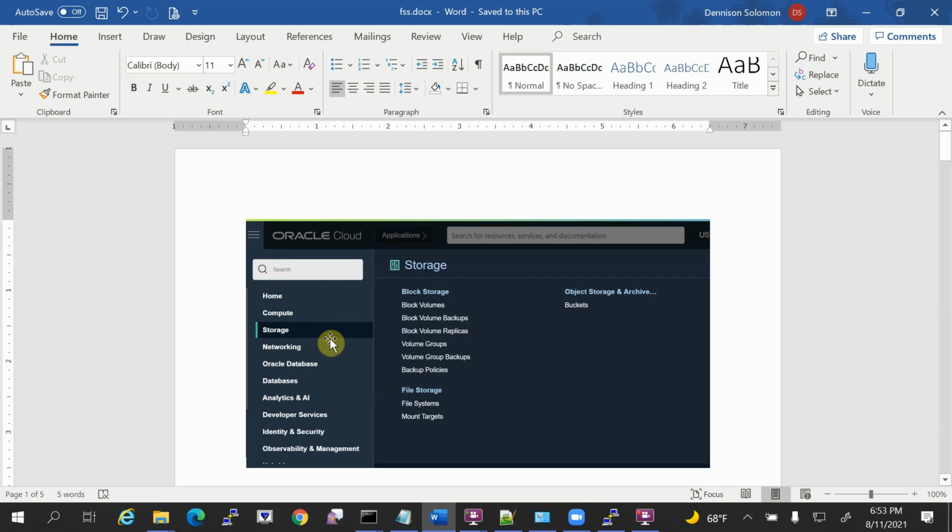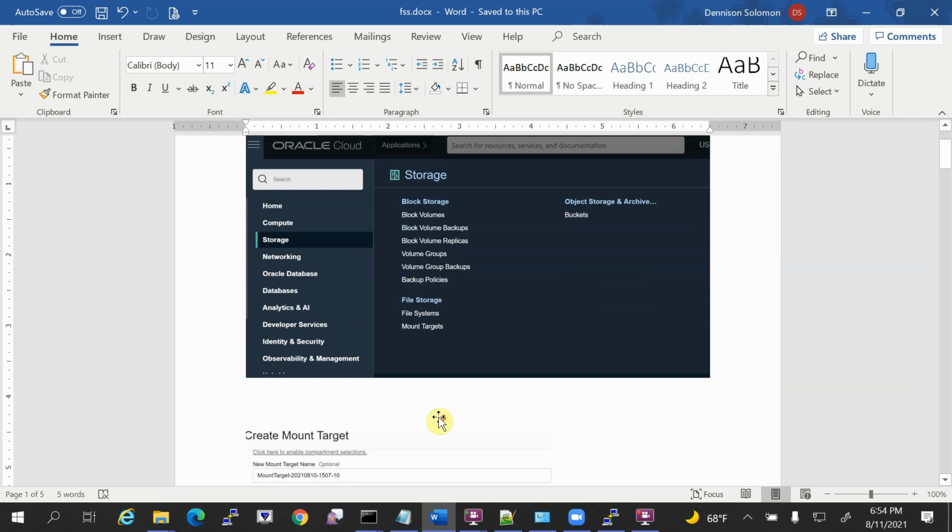So you have to choose storage because you are going to work on a storage service, one of the storage services, FSS. We have n number of storage services: block storage, file storage, object storage, archive storage. So I am going to click on file storage. Under file storage we have file system and mount target. So as I told you, first we are going to create a mount target.